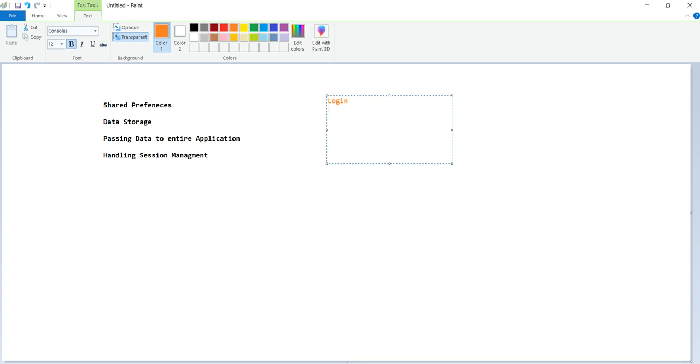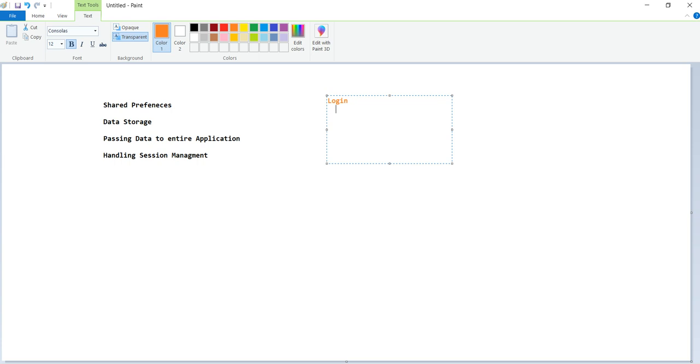We are not sending our name, so how does it work? In the background, using shade preferences, the developer sends the logged-in person's email id or mobile number, the unique id, and it can filter the data only for that particular person and show it.